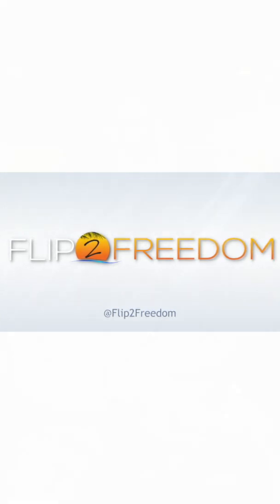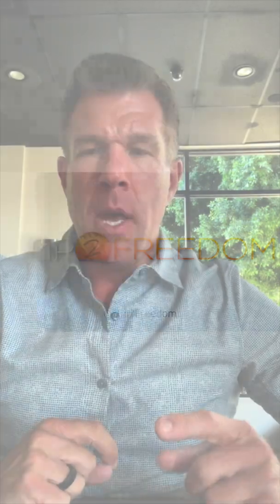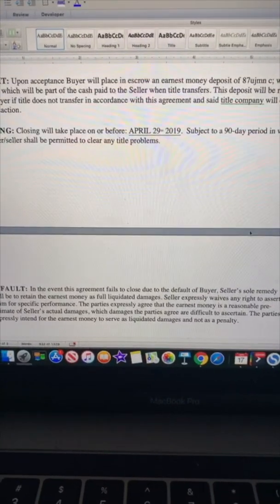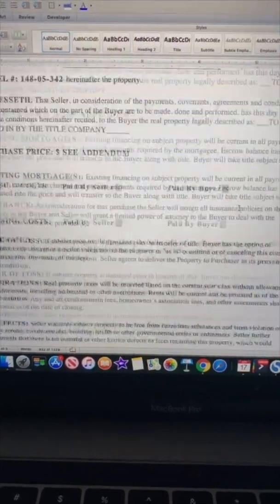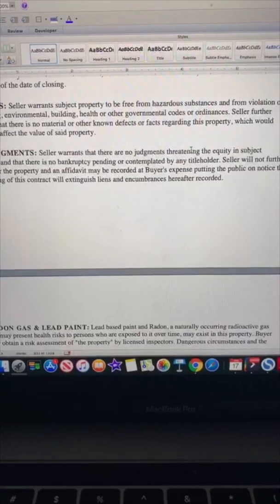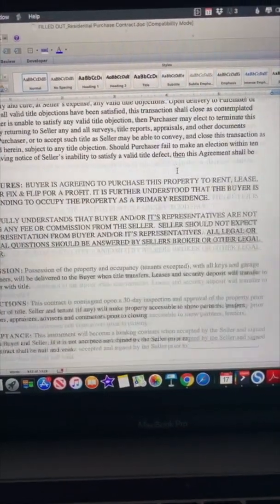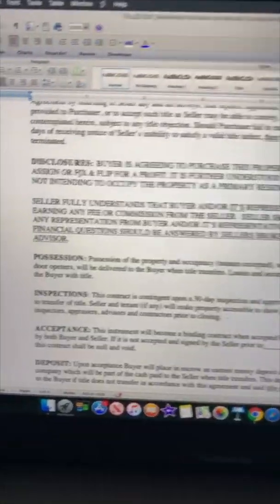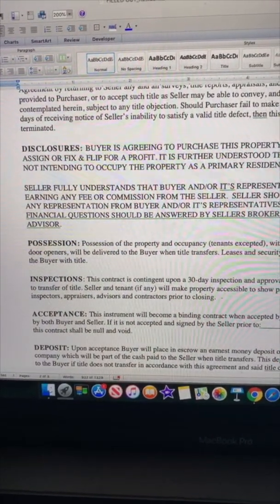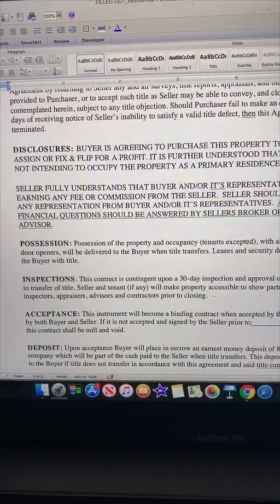So we're talking about real estate contracts, and we're talking about the actual written verbiage in the contract. And I want to talk about the most important part of the contracts that we have right here: the contract for sale, the real estate purchase contract. The most important part of the contract, which we just talked about, is first off, we want to have a disclosure right here, and that disclosure is telling the seller that the buyer is agreeing to purchase the